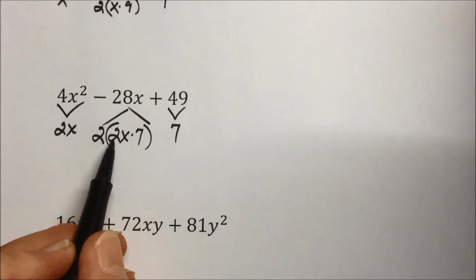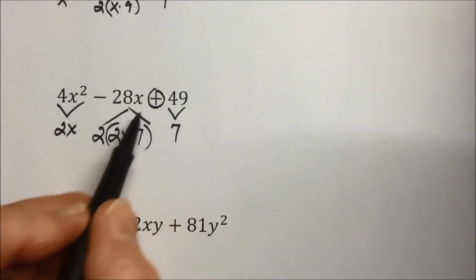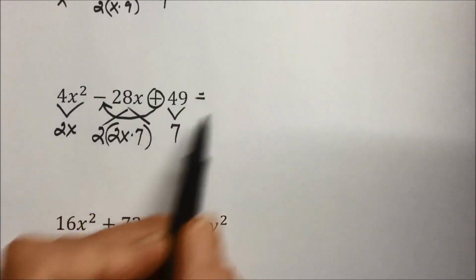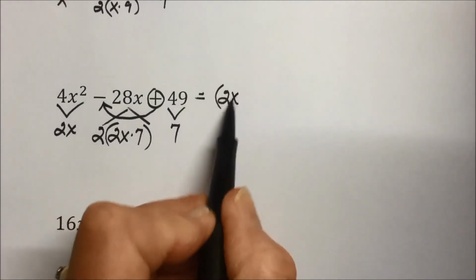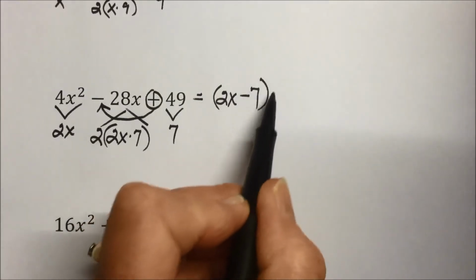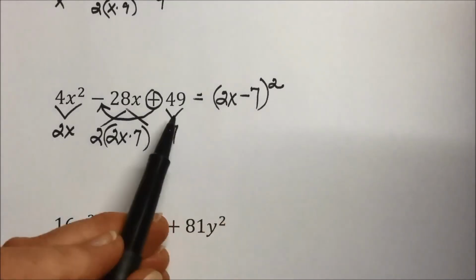Well, 2 times 2 is 4 times 7 is the 28. Both signs have to be the same, and what they will be is determined by the coefficient of your linear term. So the square root of the first term was 2x, the square root of the second term was 7. Both binomials have a minus,